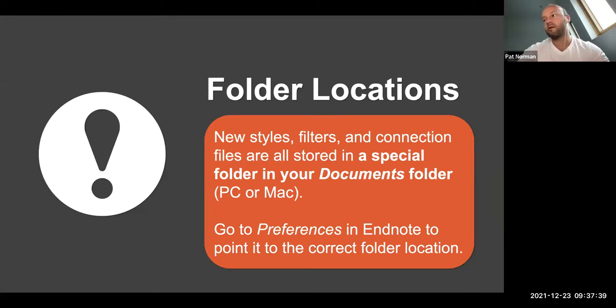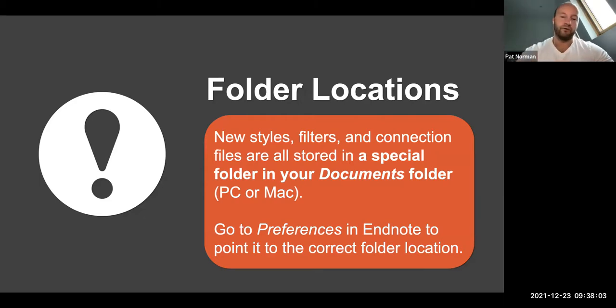Now, just something to be aware of, because we do get this question from time to time. If you're downloading a new style or a filter, filters are like that RefMan RIS thing that I mentioned at the start when you download something from Library Search. It's very rare that people need to download these anymore, but if you do have to download a new one, there's a special folder in your Documents folder that's both on a PC and a Mac that you might need